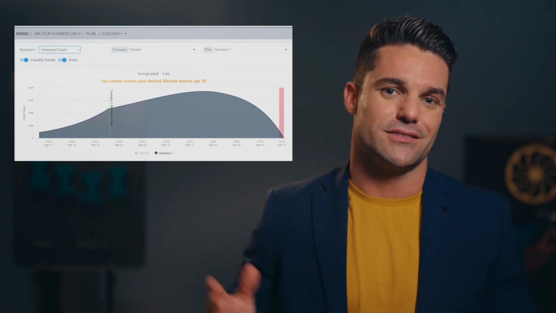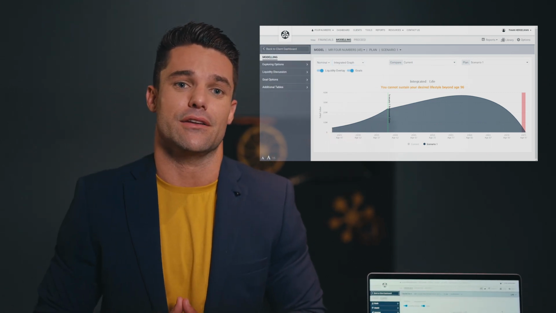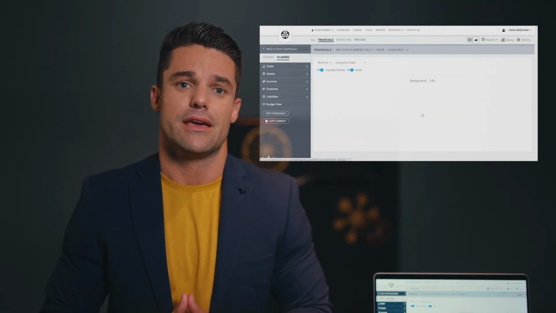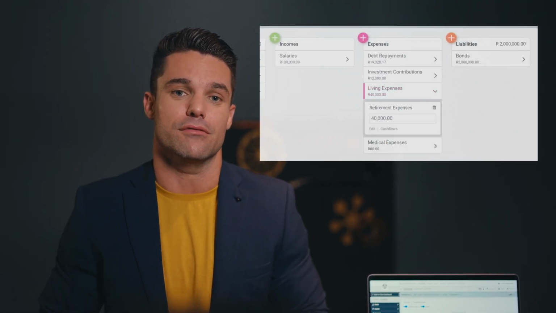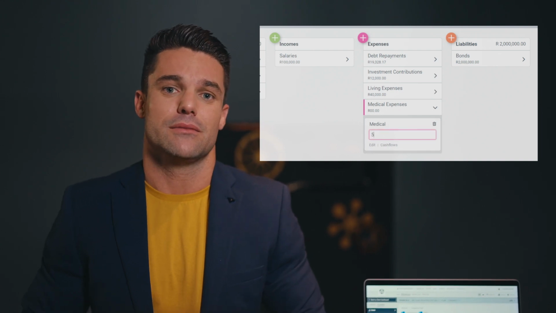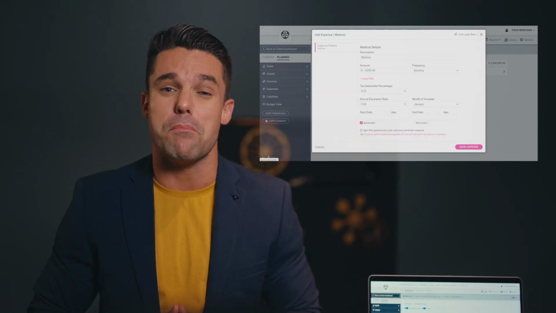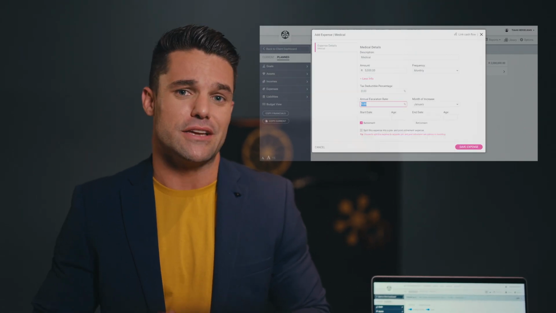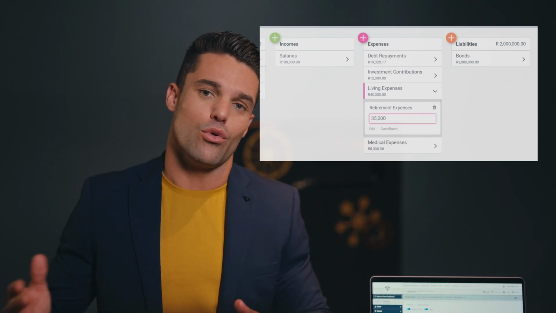age 96. Further, we saw that in Sam's expenses, we split out the medical aid of 5,000 Rand a month, and we increased this by 9% every year, 4% above inflation. This again is considering the lifestyle button, because Sam mentioned that his medical aid on average increases at 3 to 4% above inflation. This change decreases the overall longevity in Sam's plan from age 96 all the way to